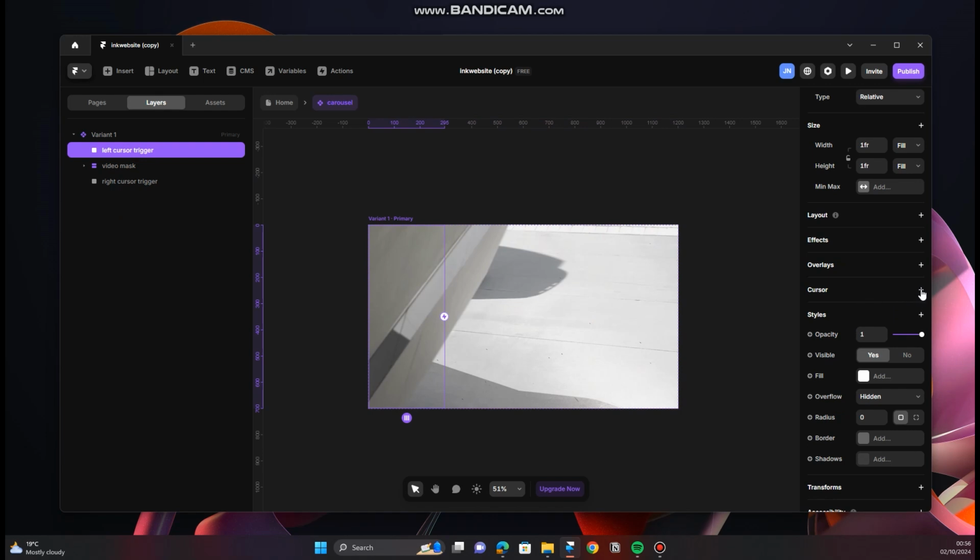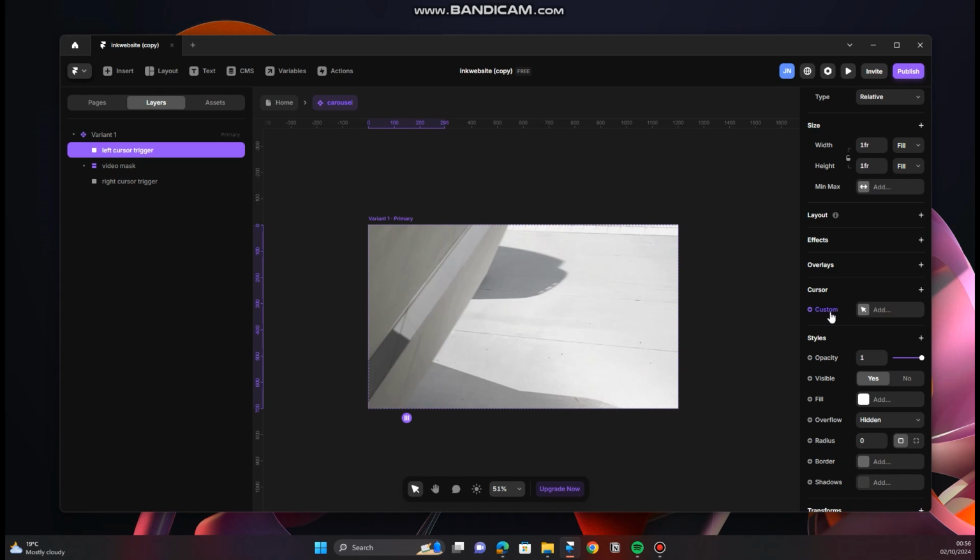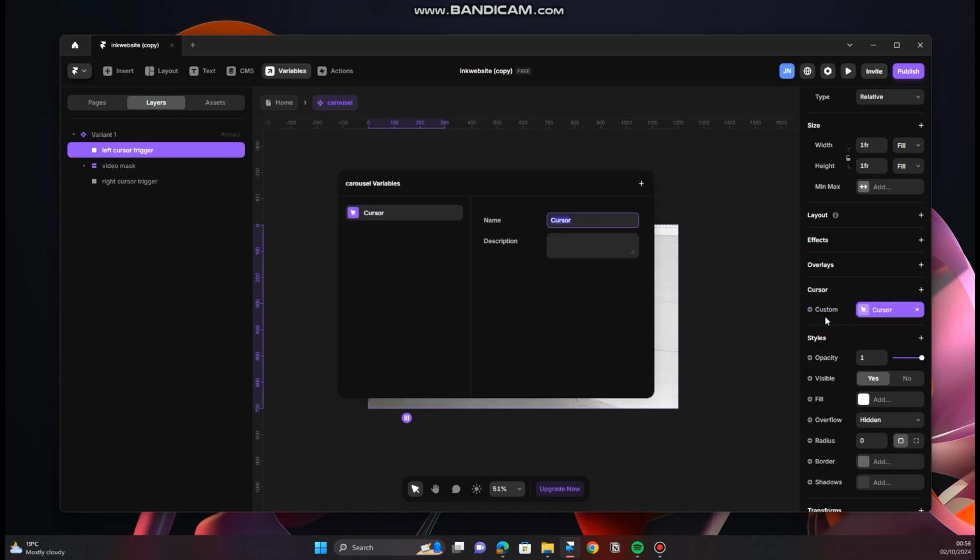So click this plus button on your right side of the property panel, and you're gonna see here custom cursor. So you're gonna click custom cursor, and if you click here, nothing happens as you can see, but we can create a variable from it. So click here plus custom, create a variable, and then we're gonna call this the left cursor. Okay,